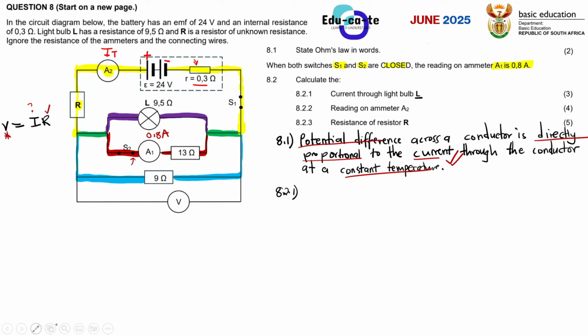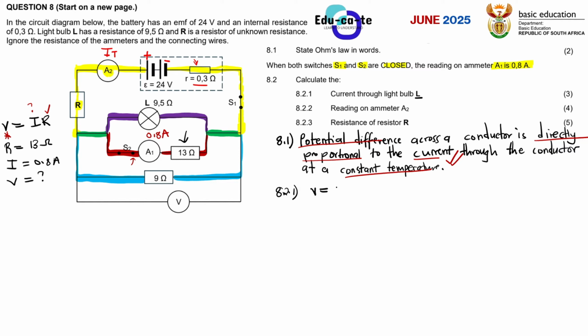So how can we find the voltage? We just need to use the formula that we know. We know the resistance, of course. The resistance there is 13 ohms. We're talking about this 13 ohms resistor, not the light bulb. And then what else do we know? We know the current through it is 0.8 amperes. We are looking for the voltage. Right? So we know that V is equal to IR.